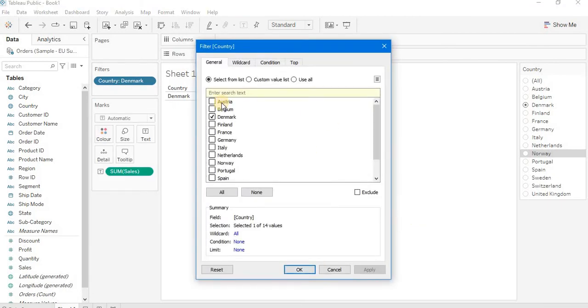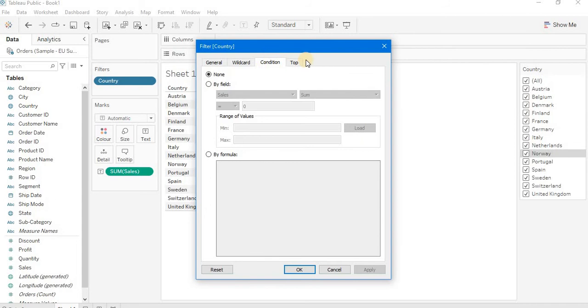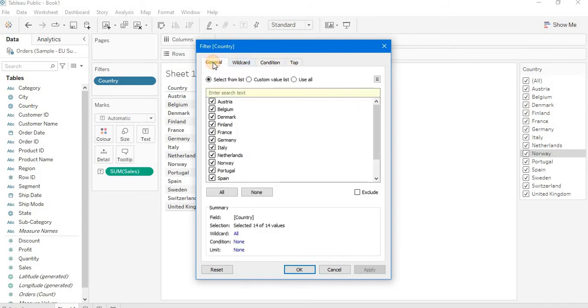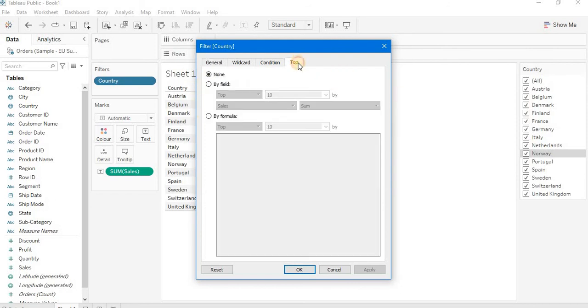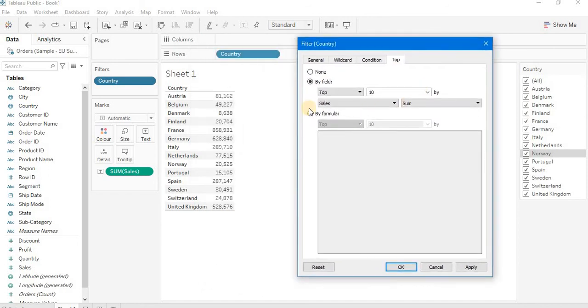So editing could take different forms. There are the things at the top, which we can use as a filtering mechanism. Here we were using the general tab to include all, but we can use the top 5, top 10, using some other conditions here. Okay, so here we have sales